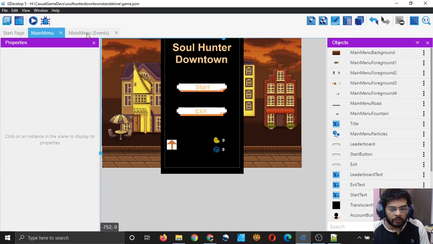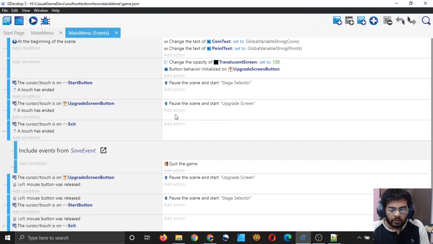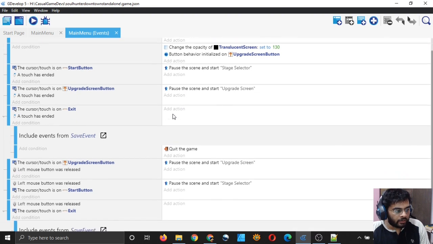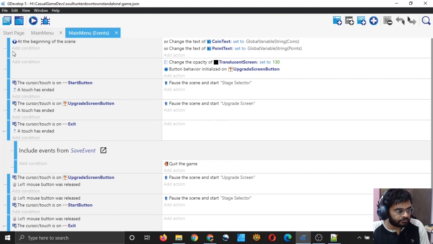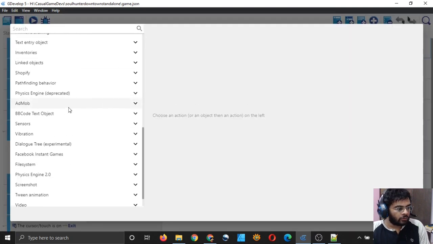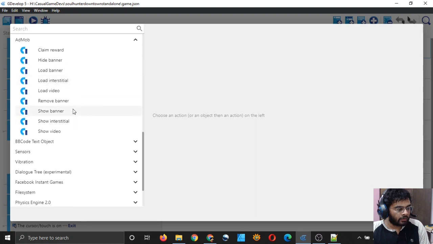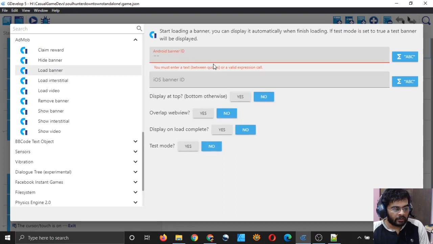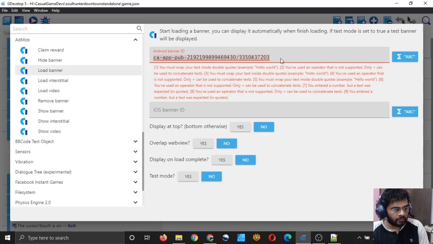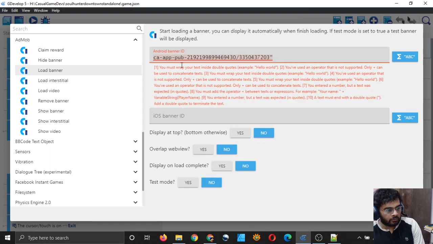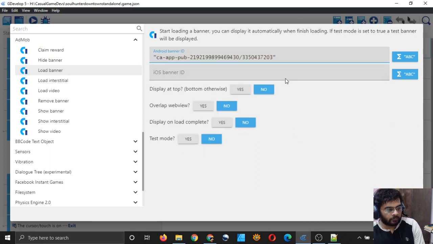And in the main menu event, just go and simply, I think at the beginning of the scene, maybe you can add an action and go to AdMob and load banner, right? Load banner. So my banner ID, I have copied it. So yeah, display at top, bottom otherwise.